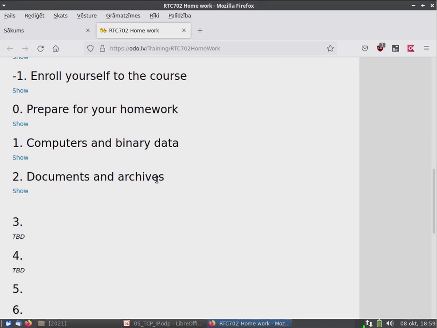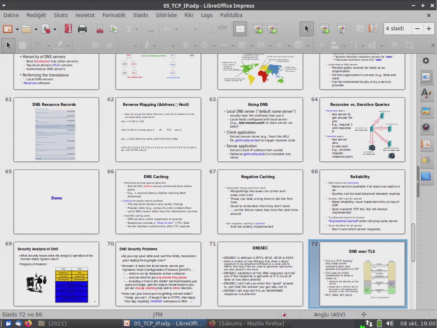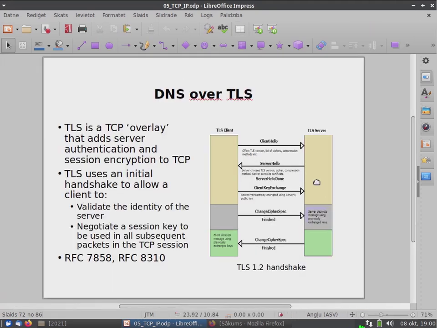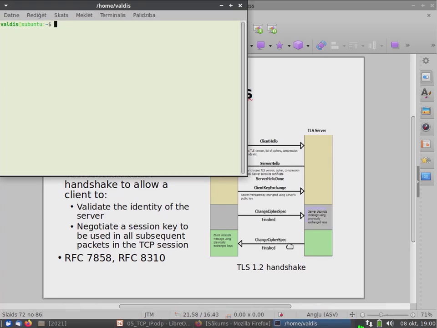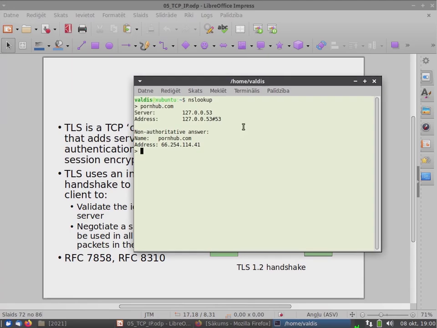And the problem is that those who provide you DNS service actually know quite a lot of metadata about what you are looking at, because if you do something like that, and when you do this query, then all these servers which actually responded with the IP address for this domain probably know that I am interested in this particular domain.